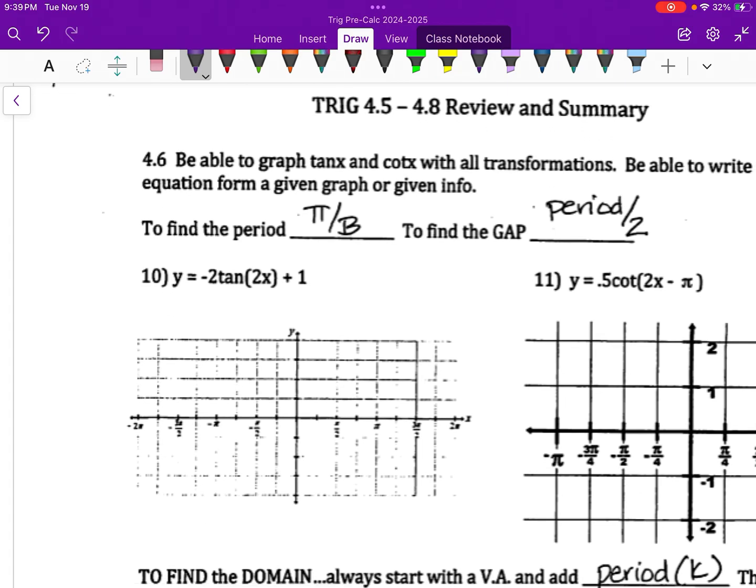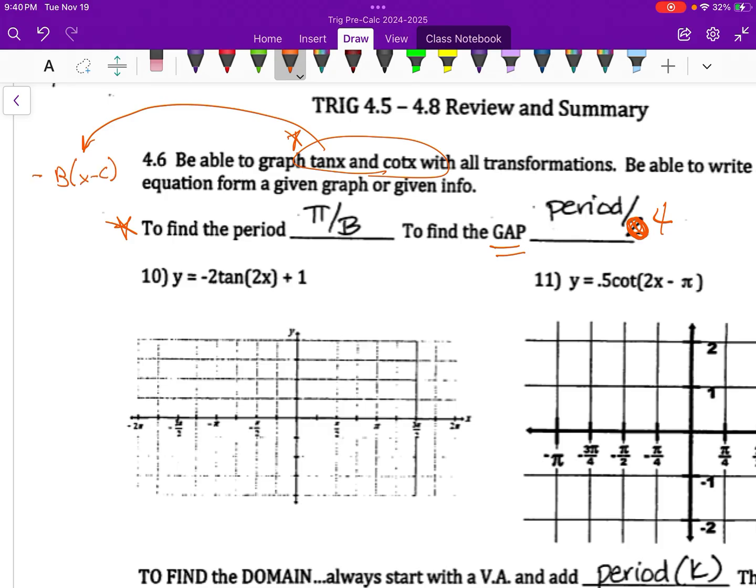Now, on the back page of this, it says be able to graph the other ones that you want to be able to do, and that's the tan and cotans. And they really exist in their own realm because of the techniques we use to do it. Number 1, make sure that you're dealing with pi over b. I do not like this gap formula. We will still use pi divided by 4 because there's still 5 critical points on an actual tan or cotan graph. The key ingredient you're going to have to remember is to put that b times x